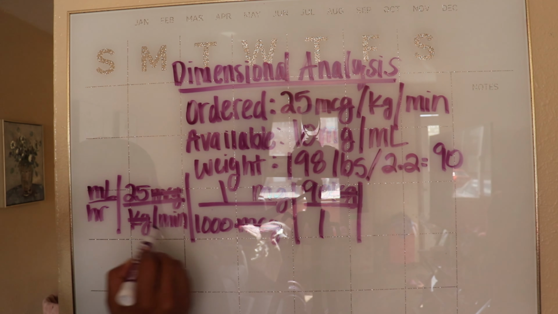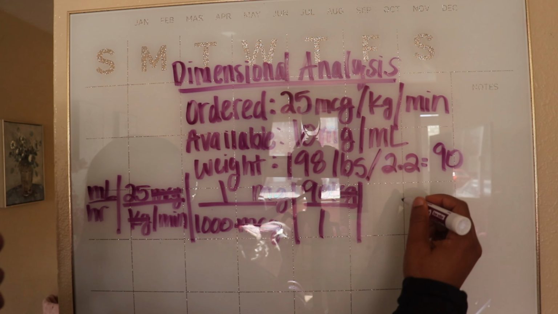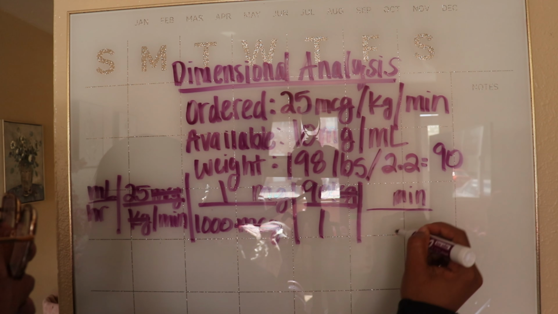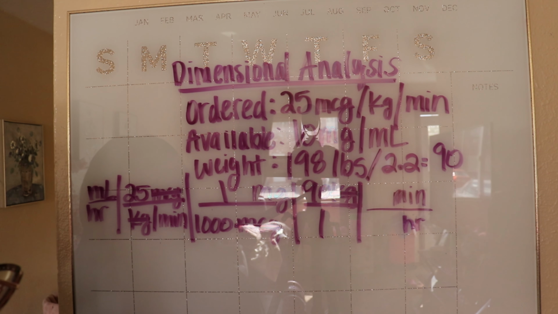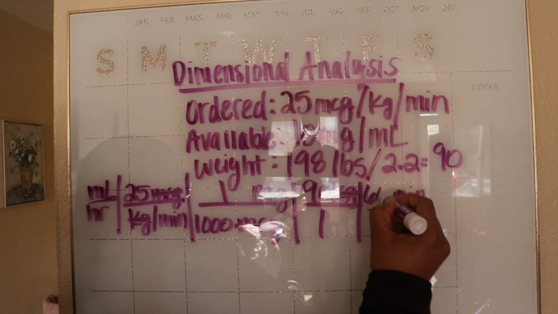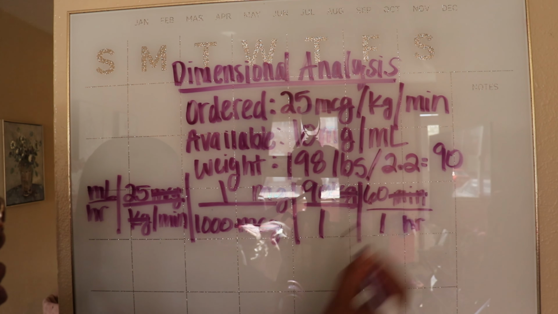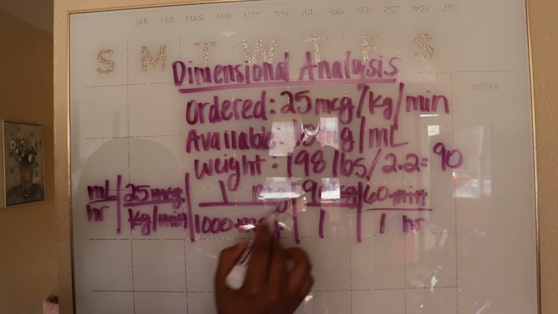Now we only have the minutes to deal with because we need to convert that to an hour. We need hour at the bottom and not minutes, so we're going to put minutes at the top. We know that there are 60 minutes in 1 hour, so we put 60 at the top and 1 on the bottom. That gives us a chance to cross off our minutes, and now we are left with what we need,